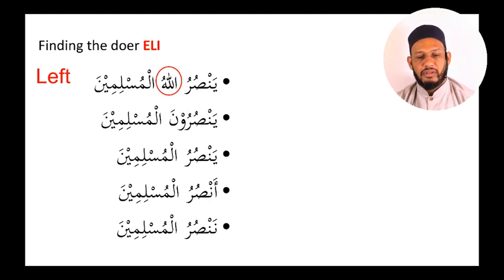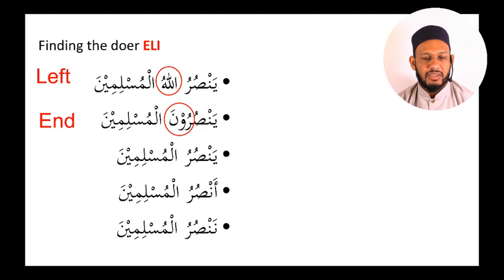Then, next one. يَنْصُرُونَ الْمُسْلِمِينَ means what? I look at the yansuru means helped, is helping. I look at the end of yansuruna and I see something at the end there. There's something added to the verb. Therefore, the fa'il is at the end of the verb. And we'll know from our scales, yansuru, yansuruna, that yansuruna means they, 3 plus males or mixed group. They are helping. Therefore, the fa'il is going to be at the end of the word.